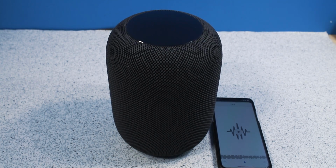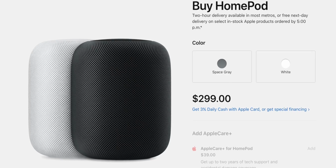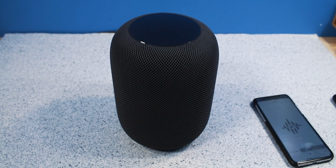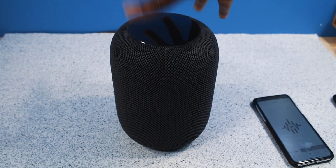And I can only imagine if you pair up two HomePods next to each other. By the way, they did drop down the price. It was $350. They dropped it down to $300. Sucks for me because, yeah, it's $50, I guess. The speaker is all around. It's 360 audio, so no matter where you put the HomePod, you're going to get that sound. For $300, if you're just buying it for the speaker, just for the audio quality alone, I would say it's